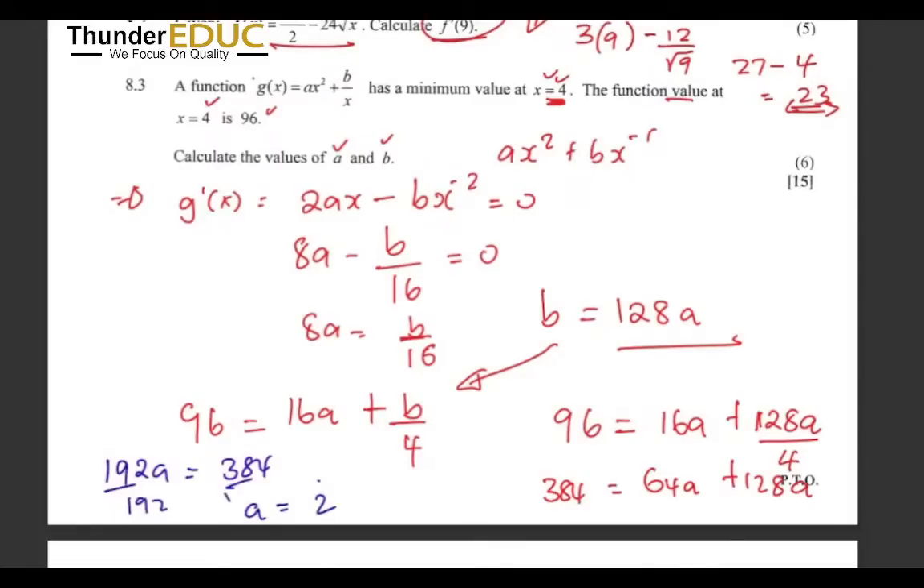Okay, over 192 over 192. So a is a 2. Then for b, I can just go here and say I have my 128 times a 2, which is a 256. So this question is from one of the papers of